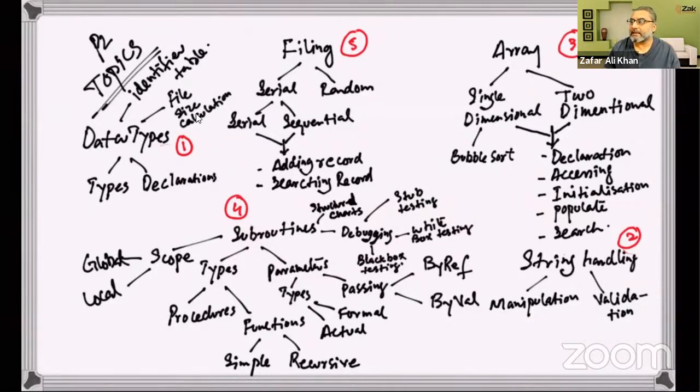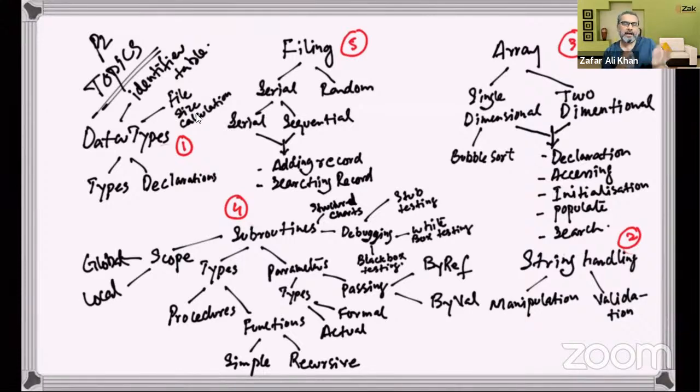File size calculation. So what basically happens is that you are given a scenario, you will have to choose the data types. According to those data types, you will choose the size of the data type. And then we will find the size of a record, and then we will see how many records there are. We will find the size of the file. And then at the end, we will discuss the fact that when the file is in the RAM, the